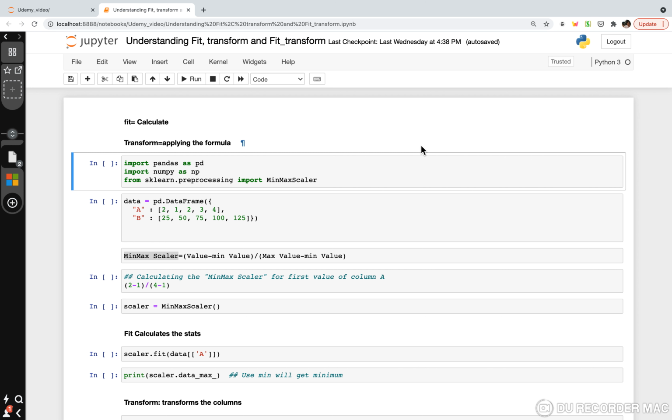Today we'll try to understand what fit, transform, and fit_transform are. These are basically functions of scikit-learn.